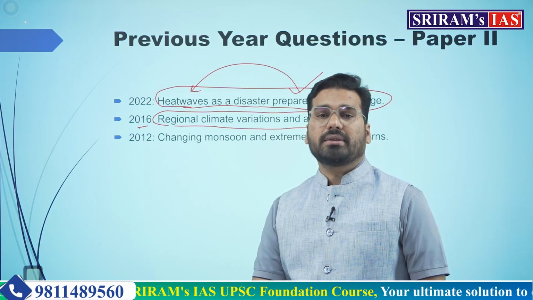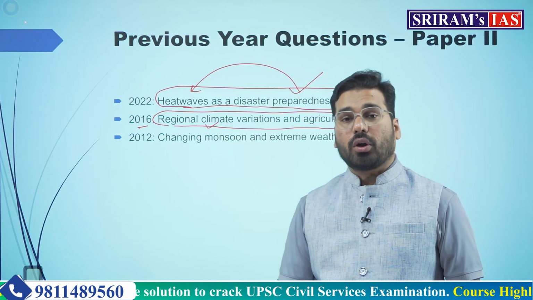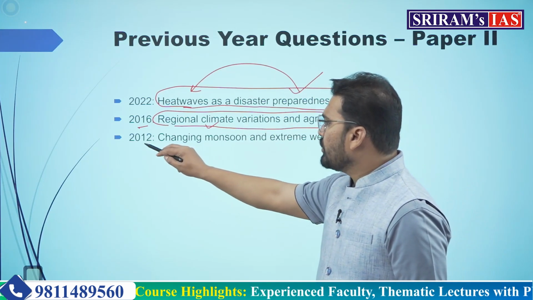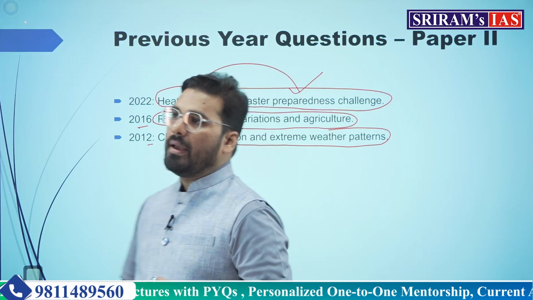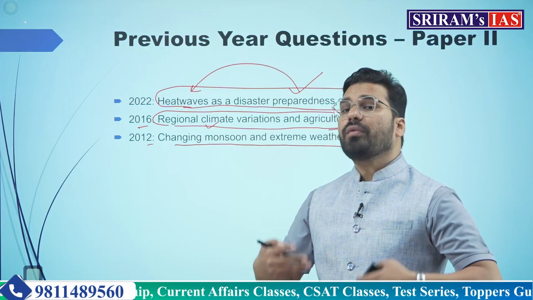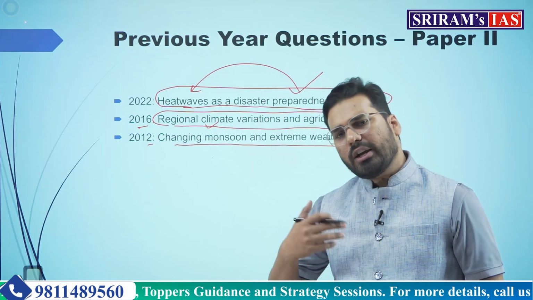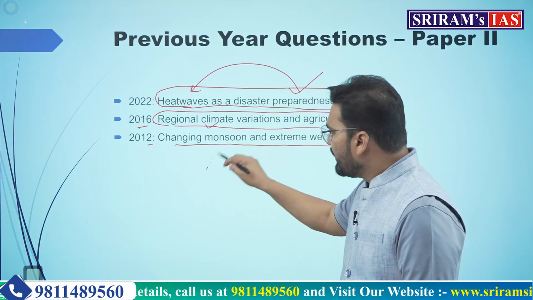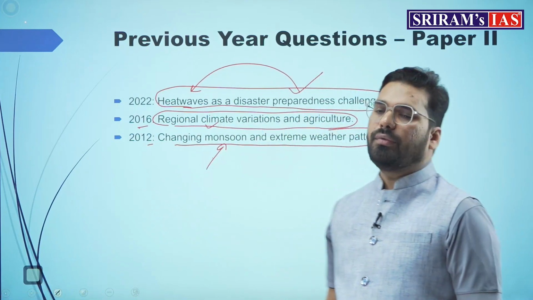As I told you about weeds and pulses, crop failure, livestock, etc. On top of that, you can also tell where in India there are heat waves and where there are more places where heat waves are becoming more frequent. In 2012, changing monsoon and extreme weather patterns. Now you had to link it with the monsoon and also how monsoons are impacted by extreme conditions, and one of the extreme conditions can be your heat waves, the other thunderstorms, the other cloud bursts. There can be a lot of other extreme events happening, but yes, one of these is your heat waves. You can always give an example here.